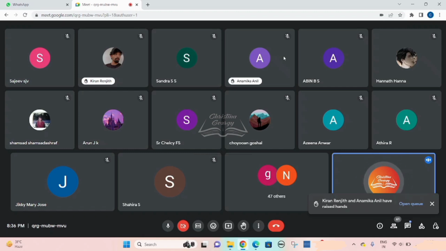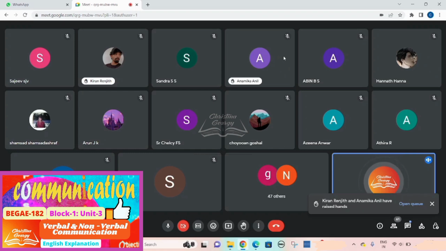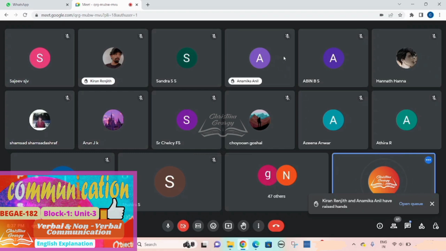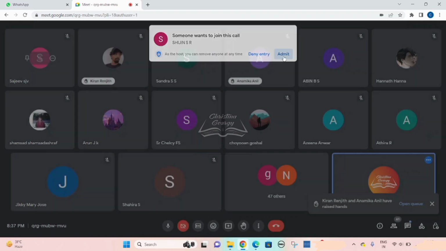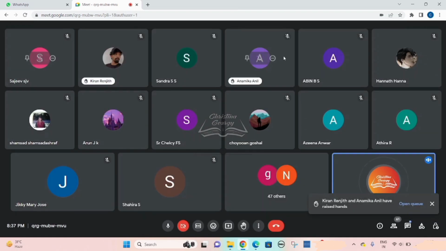Section 1.3, barriers to communication. So this could either be a short question or an essay. If it is an essay question, you would have to connect to the next unit also. That I'll discuss once we reach the other unit. Here, just understand that there could be some barriers. If you are not familiar with the vocabulary used, you wouldn't identify the correct aspect communicated. Because of your cultural difference or physical environment, communication wouldn't happen.